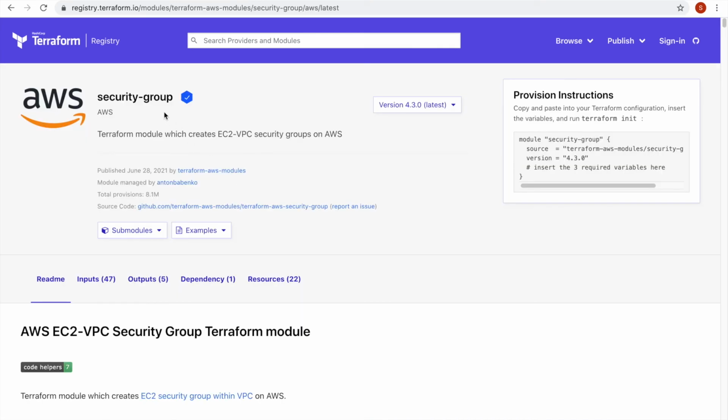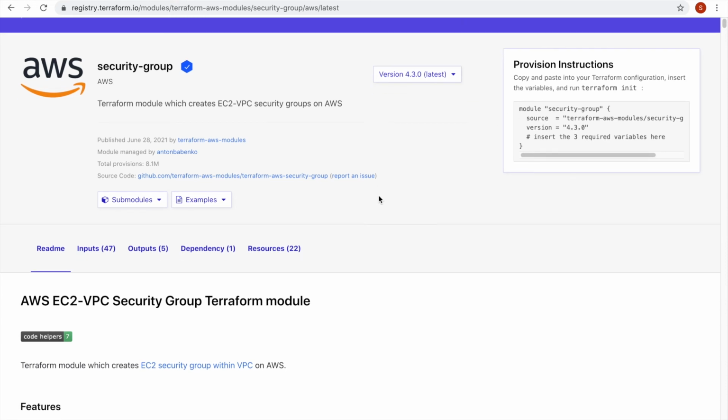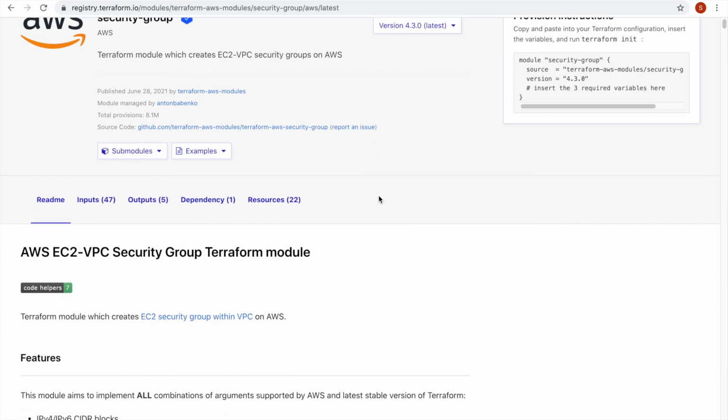So this is for creating a security group. Here also, you can just use this snippet directly in your code. And as I mentioned earlier, this is maintained by Terraform. Here also you can see the version always mapped to the latest version.